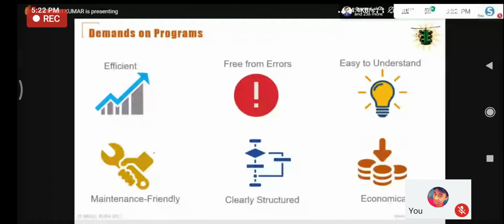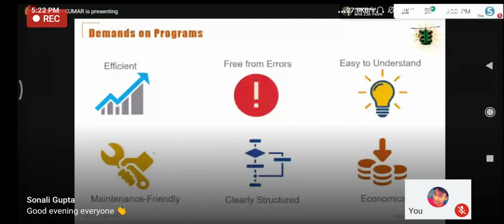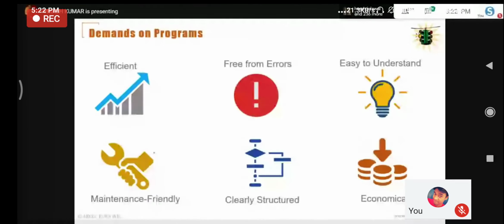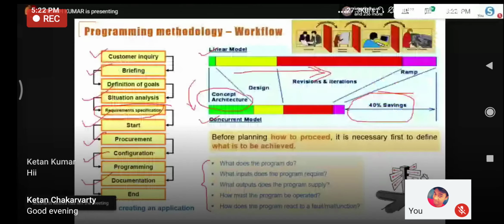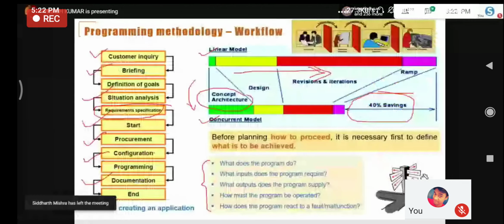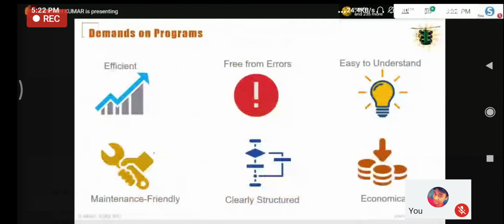If all these features are available in your program, only then will the customer go away with full satisfaction. If you follow the basic thumb rule, the flow of making your program, then as a byproduct you get this end result: efficient, free from error, easy to understand. These are the demands on a program.